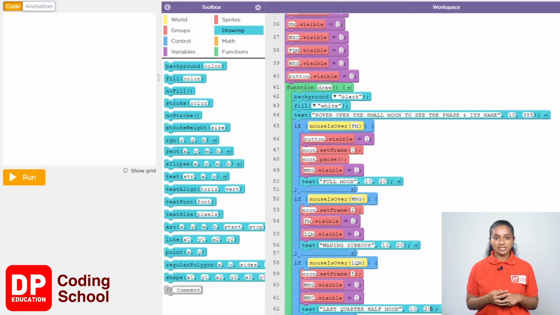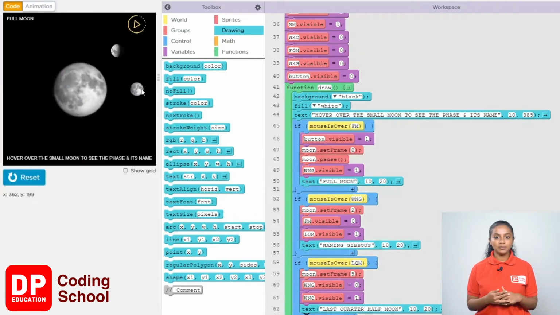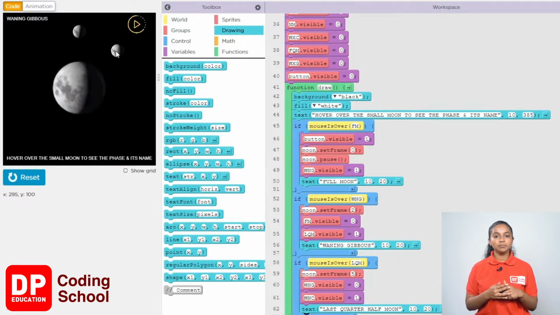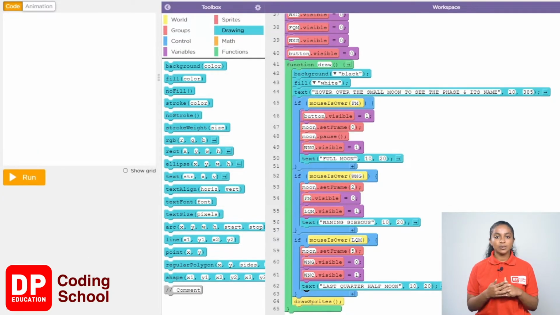Next is the fourth stage. At this point, through the big moon in the middle, the moon belonging to this phase should be shown. The name of this stage, Waning crescent, needs to be displayed in the upper left corner. Also, the moon belonging to the next phase should be visible and the moon belonging to the previous stage should